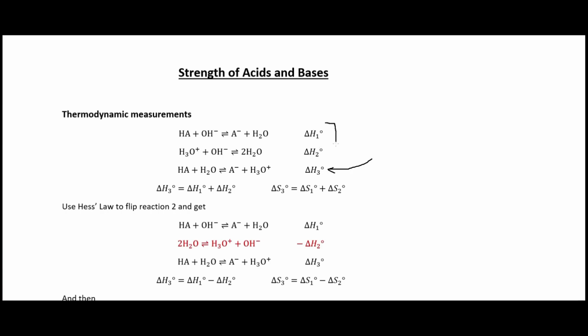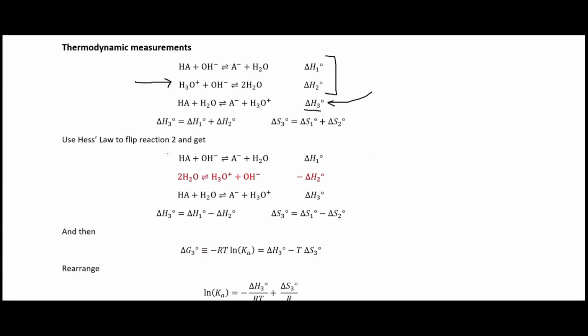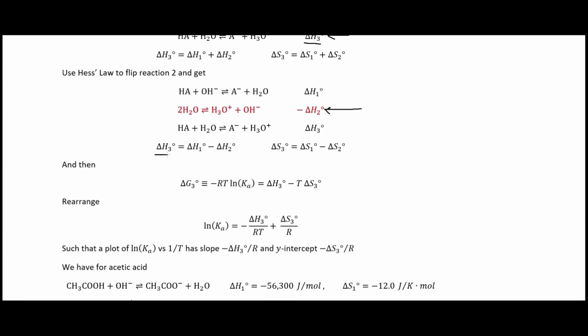So we can use these two chemical equations here to generate partial reactions and then put them together to generate the third reaction that we are interested in. In this case, we're taking this second chemical reaction here and flipping it so that we get the negative of the enthalpy here. And so we will have our enthalpy and our entropy changes right here, so changes from